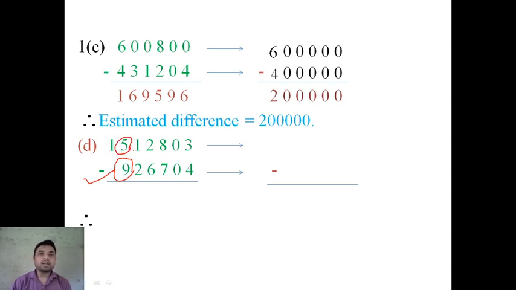We will round both numbers to the nearest lakh place. Is it clear? To the nearest which place? The highest place of the smallest number. Okay, now when rounding 5, just see just right side of 5. What is the digit? 1. So 1 means less than 5. If it is less than 5, 5 will not change. So 5 will stay as 5.